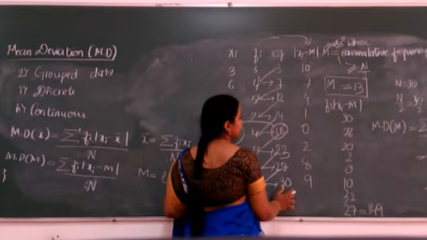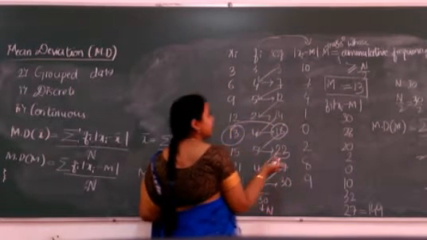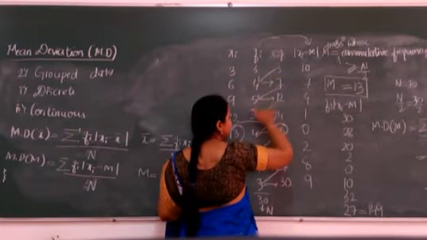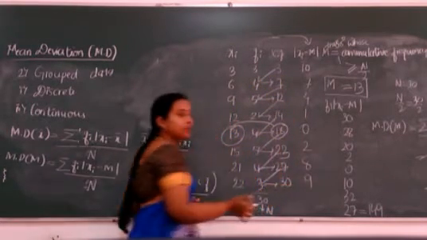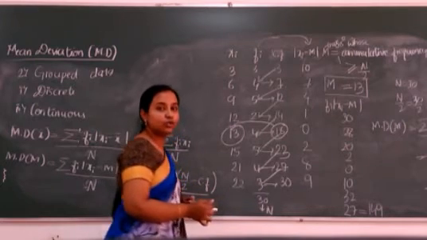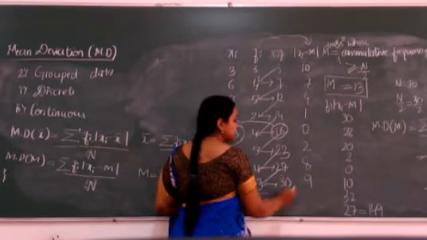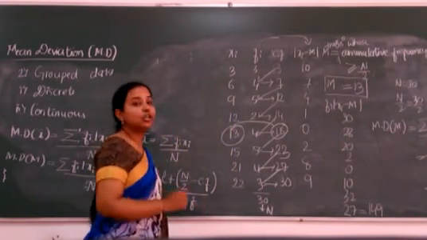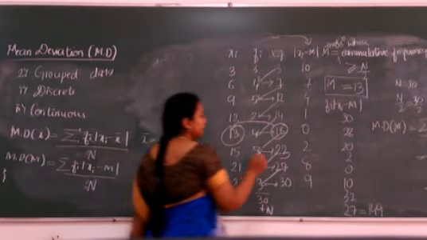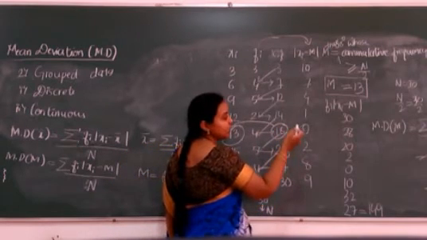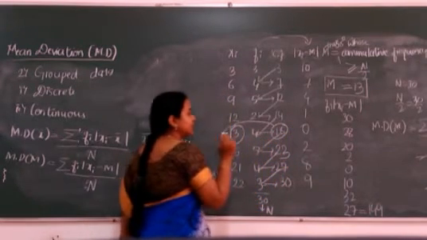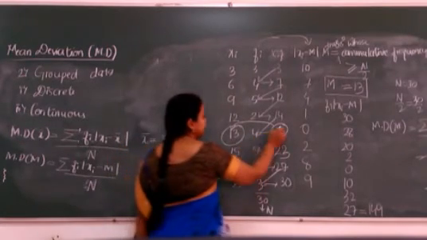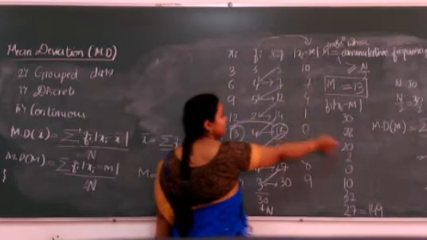So we have calculated the cumulative frequency. That is how we have calculated: first we write the first term as it is, then we go on adding and writing the cumulative frequency. Always our last observation value should be equal to the total frequency. Once all the cumulative frequencies are done, we will find n by 2, that is 15. So we will find the cumulative frequency nearing 15. It is 18. Its observation will be our median.